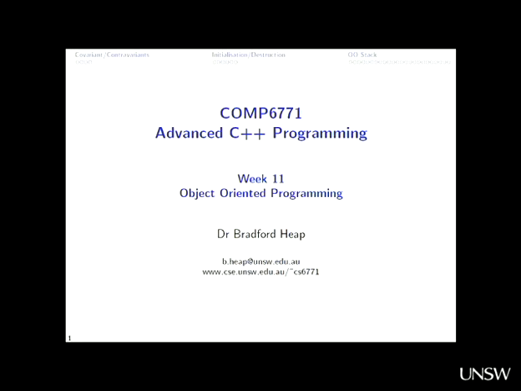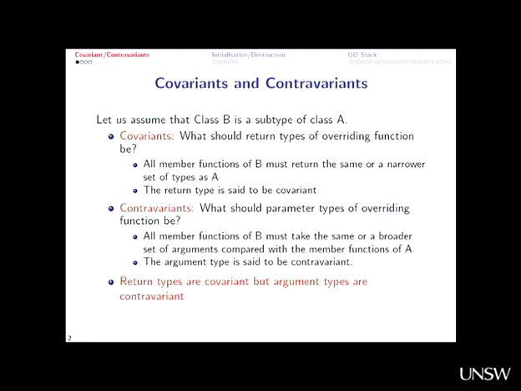So today we're picking up from where we left off on Monday, talking about the rest of object-oriented programming. On Monday we looked at how we can do inheritance, and we looked at vtables, and we finished off with a couple of vtable examples and issues to do with object slicing, and how we can overcome some problems to do with when code doesn't do what we expect it to do, particularly for the name hiding problem. Now, we're going to just talk very quickly about covariance and contravariance, and these are more object-oriented programming ideas